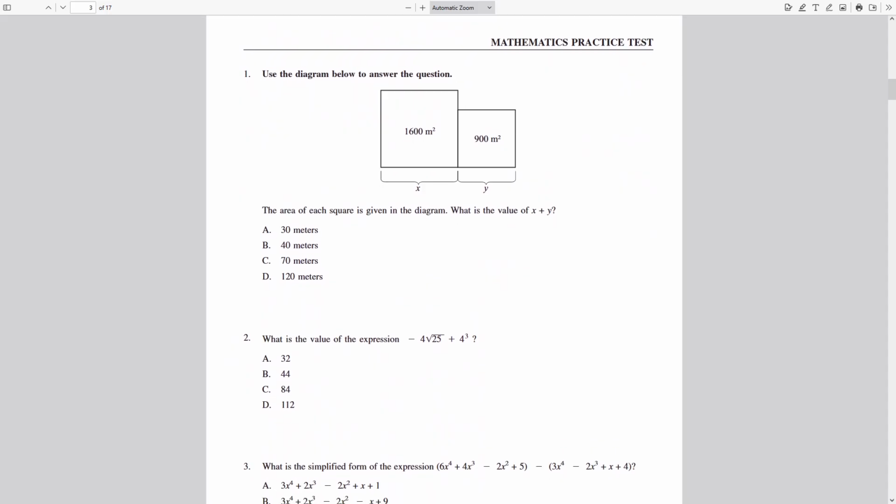Okay. Mathematics practice test. Use diagram below. Okay, 2 squares, 1600 and 900. The area of each square is given in the diagram. What is the value of x plus y? Okay, and they're squares. The area of a square is length times the width. So,